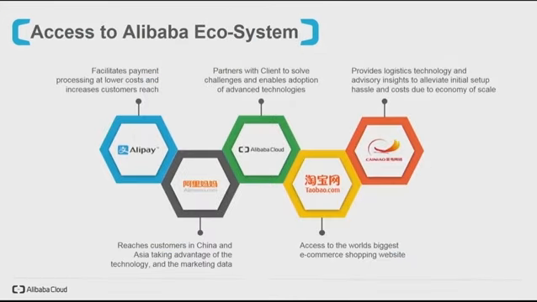Access to our Alibaba ecosystem. Obviously Alibaba Cloud is the underlying platform for our whole ecosystem. There are a couple of key ecosystems that you want to access in China as well. One is Alipay. How do people pay for the goods and services that you may sell in China? Obviously Alipay is one of the major ways that people pay. Secondly is our digital marketing platform, which is how you get access to users and they get to know about your technology. Cloud I've mentioned before, Turbo, which is our C2C offering, and also our logistics platform in China as well.